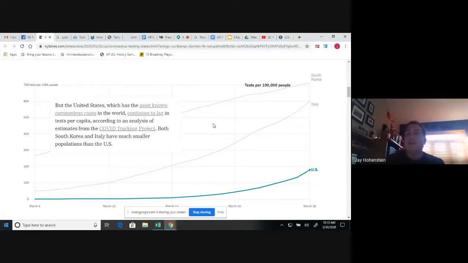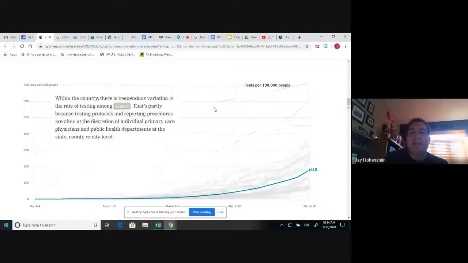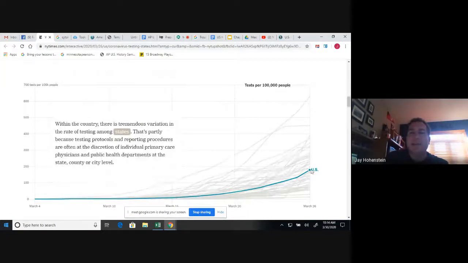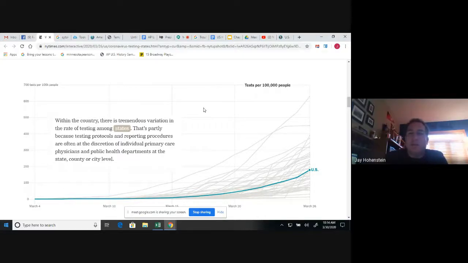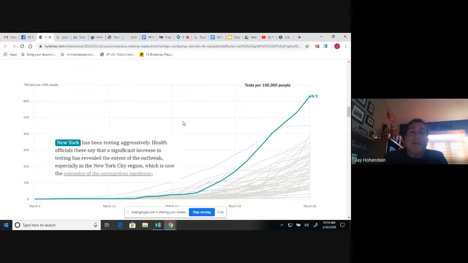And so that's our dilemma currently, is that we now know that coronavirus is here inside the country, and we've got freedom of movement taking place. And so when you watch the news, the dilemma that we're facing is that when it comes to the United States, you can see our testing per 100,000 people. We are not keeping up with other countries when it comes to our testing. We've been pretty slow with that. Although with some states like New York, they have aggressively started increasing their testing. But the problem is also that they are becoming overwhelmed inside their medical system.